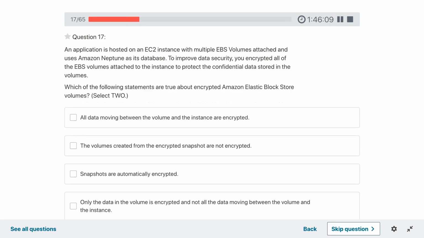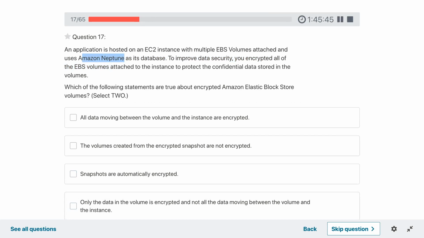An application is hosted on an EC2 instance with multiple EBS volumes attached and uses Amazon Neptune as its database. Now, Amazon Neptune is a graph database, I should say, it is just like a tree.